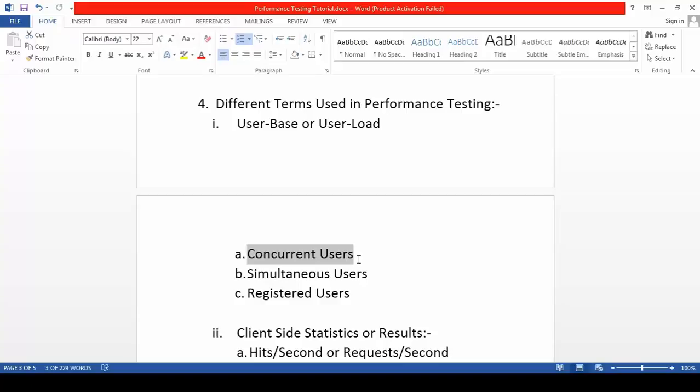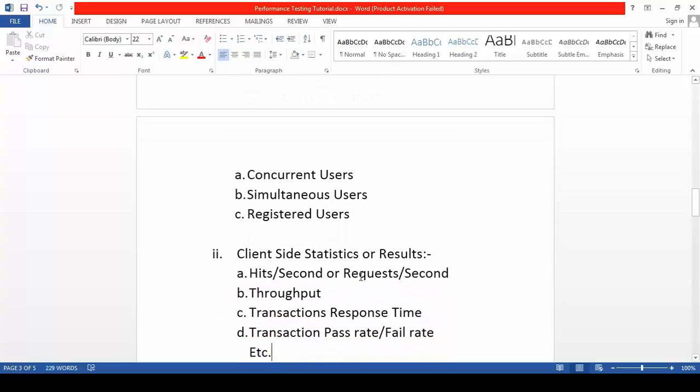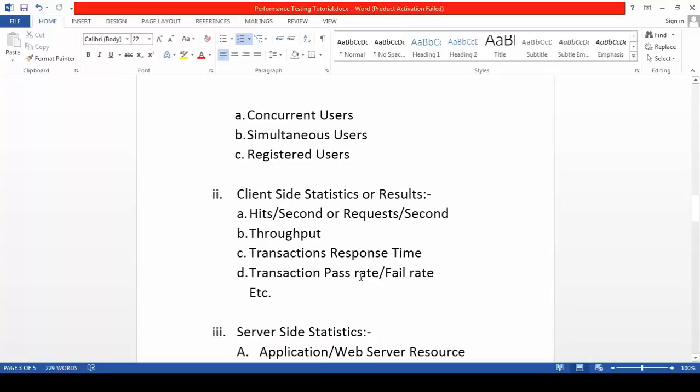So here 500 users are concurrent users, but simultaneous users will be those 200, because they are not using the application API right now, they are currently inactive. So that is the basic difference between concurrent, simultaneous, and registered users.